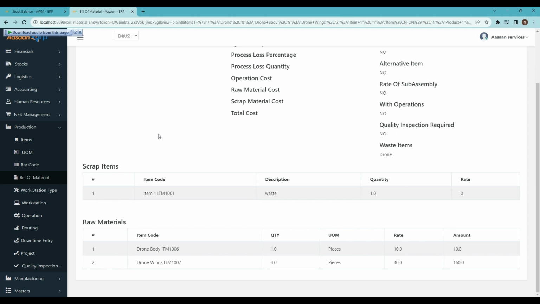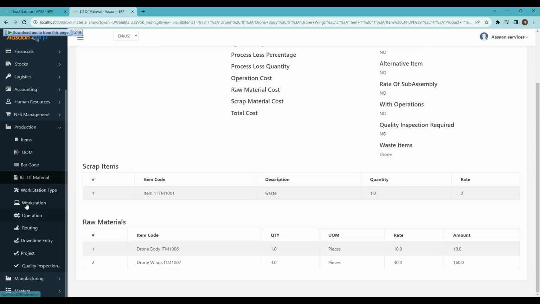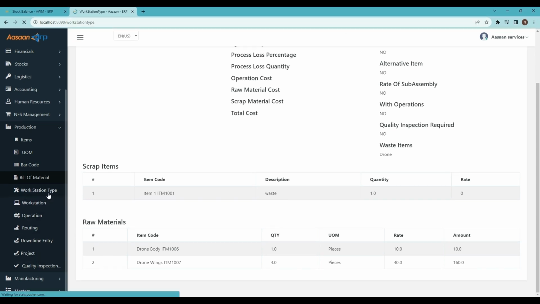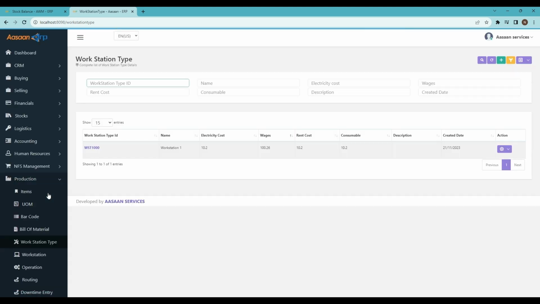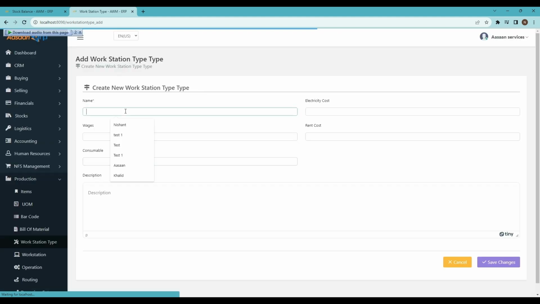So after we have defined the bill of material, that means the raw material and the scrap items that will be produced while creating the drone, now we will move on to different terminologies such as workstation type, workstation, operation, routing, downtime entry, quality inspection, project. First we will begin with workstation type. For example, I will define the first workstation type as